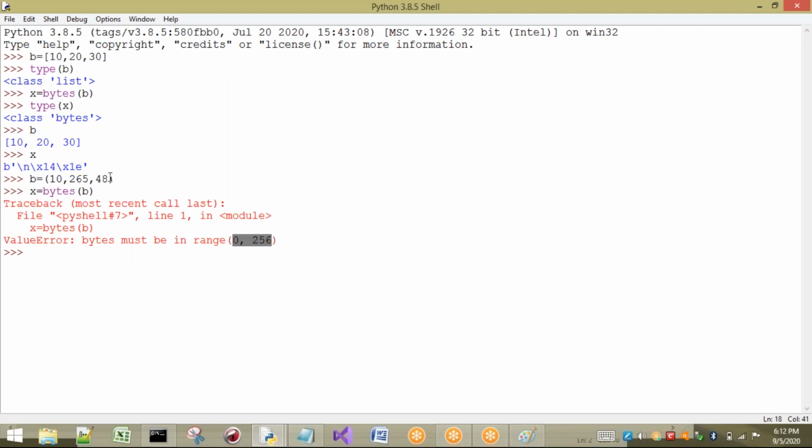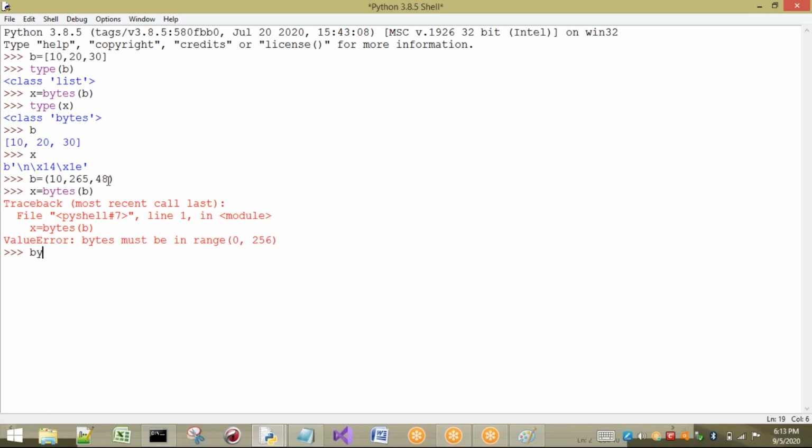Initially I take a group of elements in some data type and want to convert that type to bytes type, it should contain only 0 to 256 values, but here it contains 265, so we are going to get a value error.